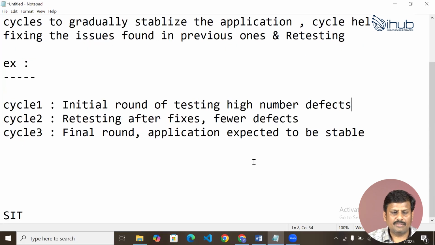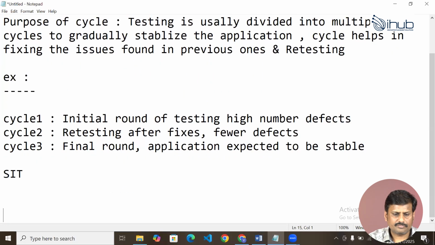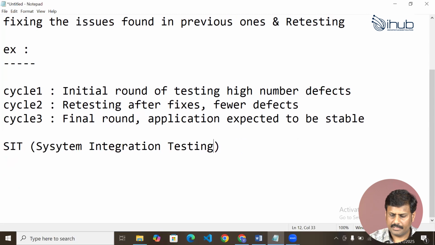And someone is asking, what is a SIT? SIT is nothing but system integration testing.